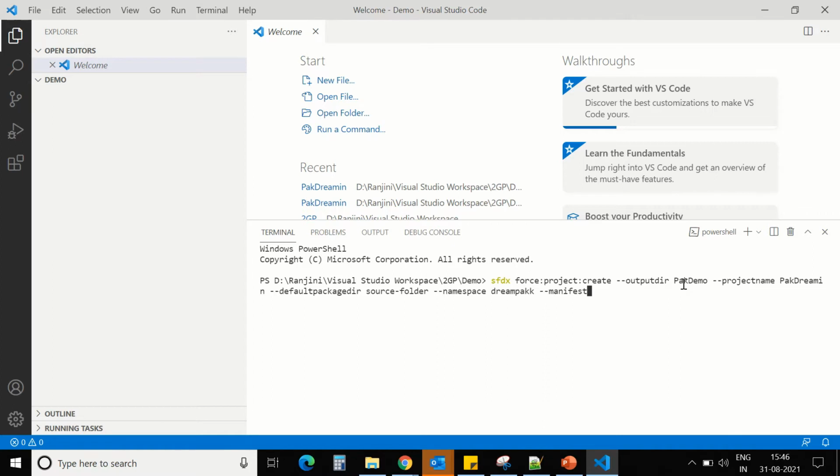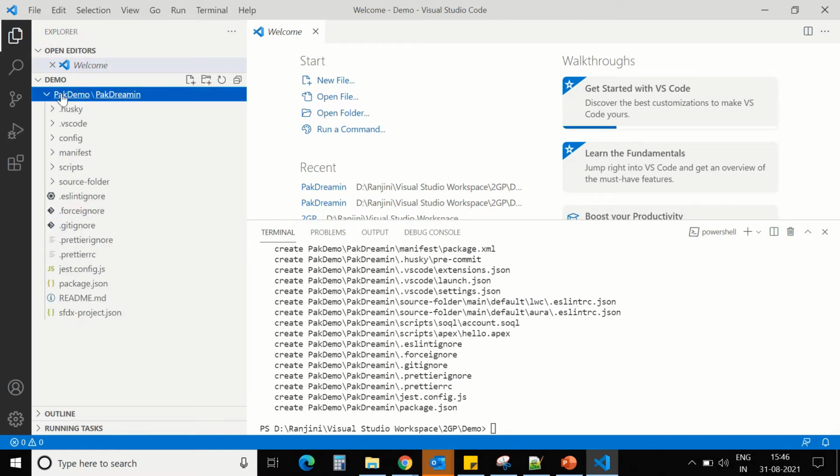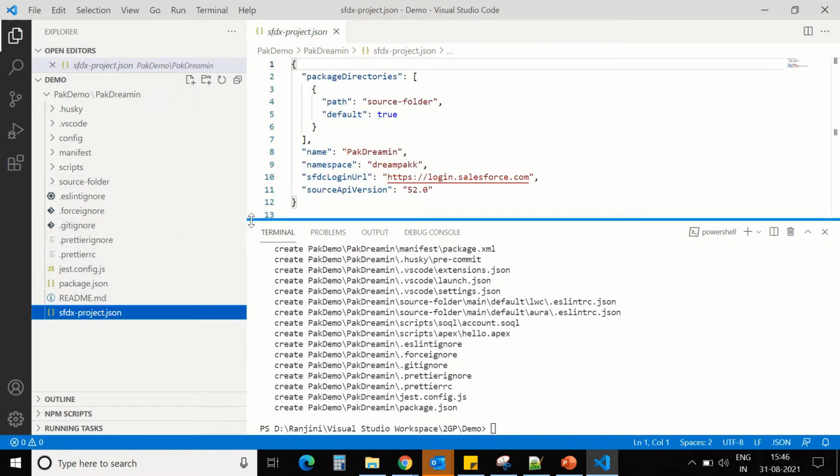This command will create a ParkDreamin folder and the ParkDreamin project, and you can see the namespace is also added. Okay, it got created. You can see the project JSON, where the namespace is added as ParkDreamin.